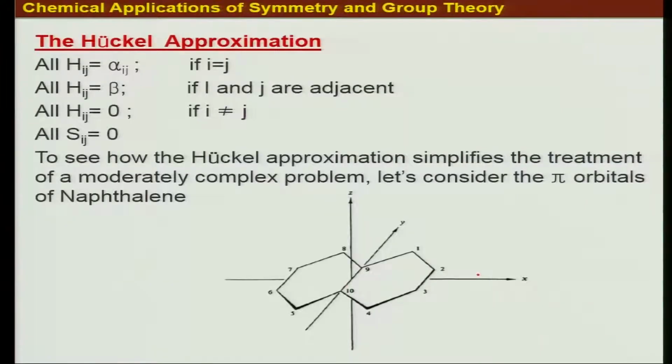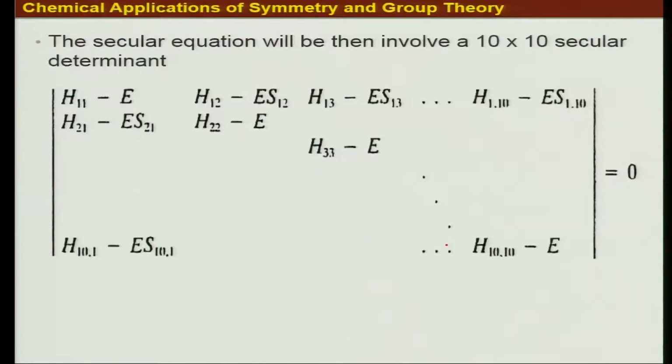That is because here we are considering the equivalence of the atoms. So if I take these 10 basis functions involving 10 p pi orbitals on the carbon atoms of the naphthalene molecule, and then we do the treatment as I said in the last few minutes,